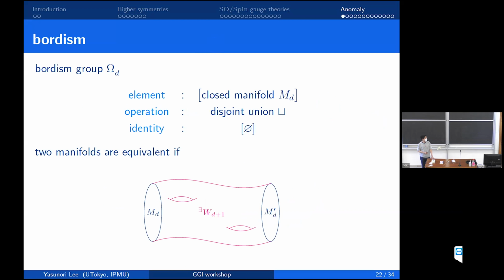On the other hand, the equivalence classes we defined form an abelian group under disjoint union, where the identity equivalence class consists of those bordant to an empty D manifold. Or equivalently, in other words, closed D manifolds which can bound a one higher dimensional manifold. So that's the identity equivalence class. And the group structure arises since for any closed D manifold, there always exists its inverse equivalence class, to which the orientation reversal belongs.